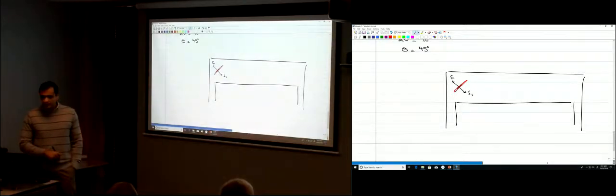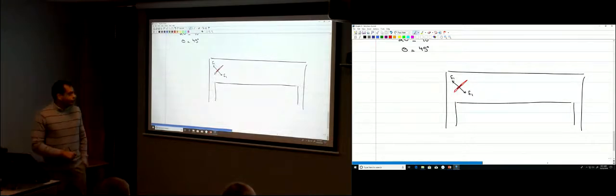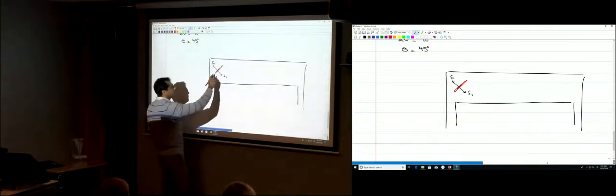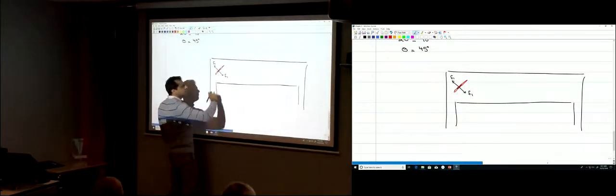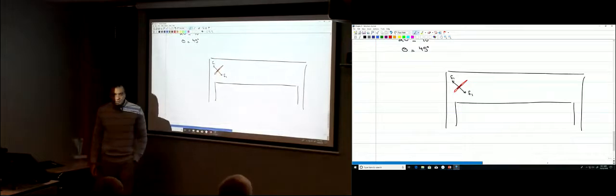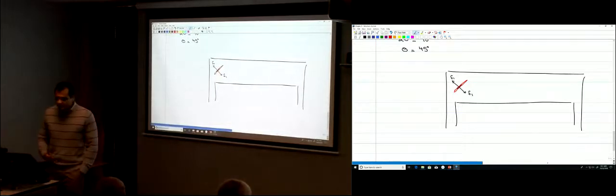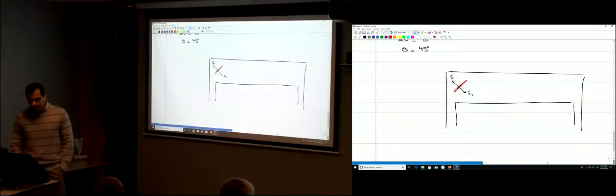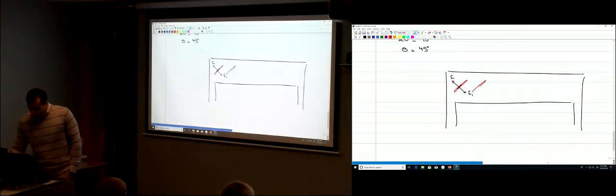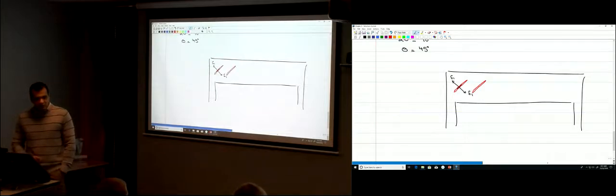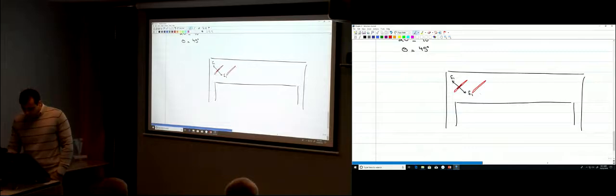That's called a web shear crack. Where would this web shear crack develop? It's going to develop here, right in the middle of the beam, around the center of the beam, where the shear stresses are maximum. When you move toward the center, you're going to have cracks as well, but maybe smaller ones. But as you move just a little bit toward the middle,